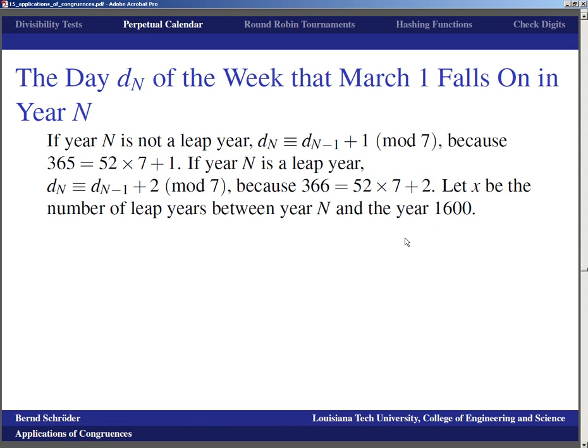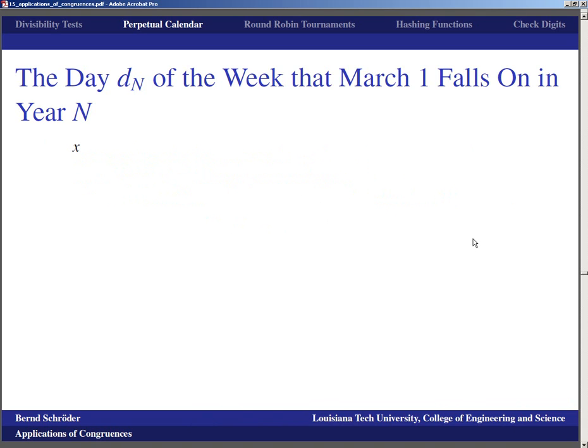Alright, so now we're going to let x be the number of leap years between year n and the year 1600 for which we have our baseline data. Well, so what would x be? X would be that we take the number of our year, subtract 1600 off of that, and divide by 4, and take the greatest integer below that, because that'll sort of be the number of leap years between 1600 and the current year,